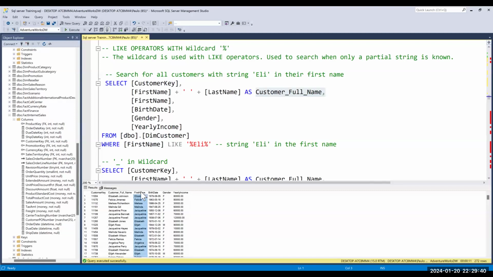It could be the beginning, it could be the middle. This is Felicia. Felicia is ELI. Elizabeth has ELI in the beginning. Jacqueline, no, Elijah, Melinda, Felicia, Angelica. There is ELI in the first name, but because you want to be safe, because if you put ALI, okay,